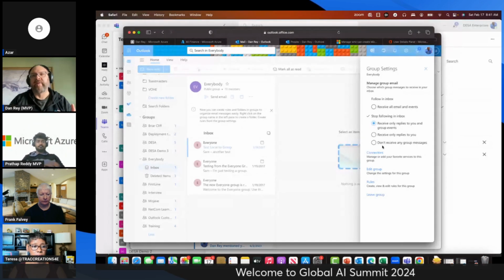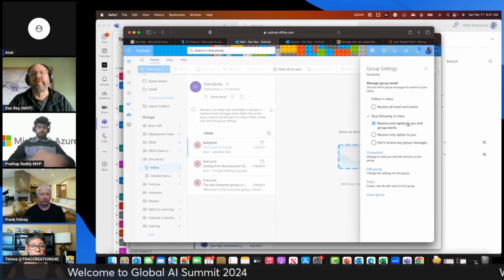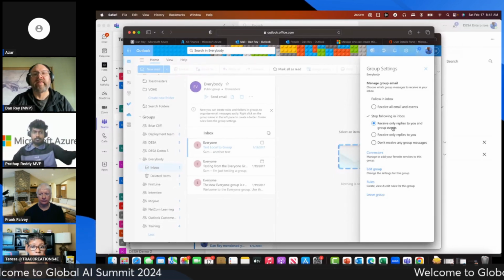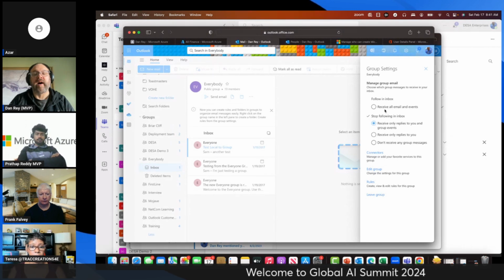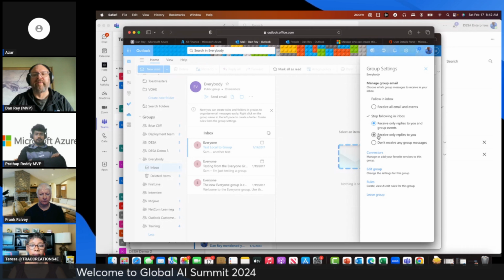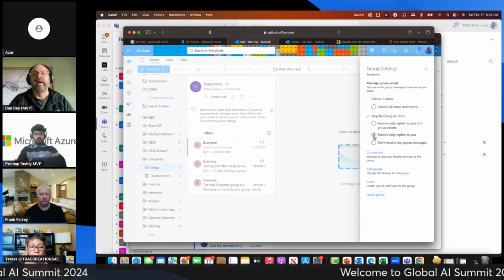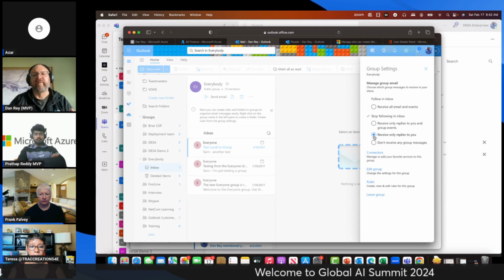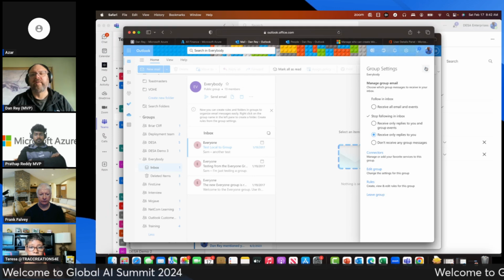So from a collaborative perspective, if I choose to only receive replies to me and group events, as opposed to email from all events and all email, or if I say I only want replies in my email to me, I can control the collaborative aspects of the group that I'm a member of from within Outlook,